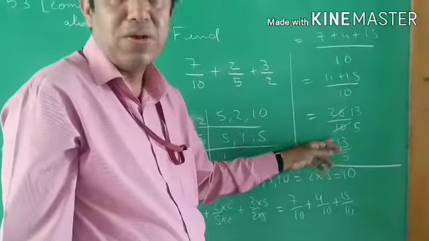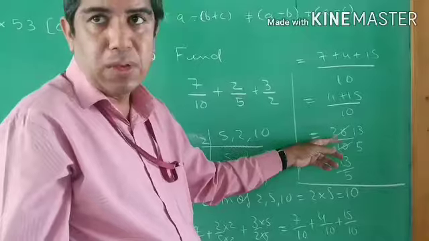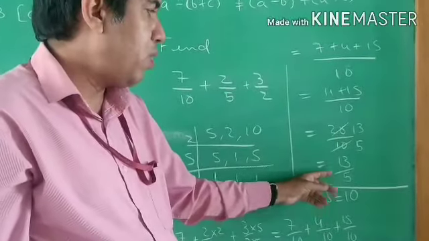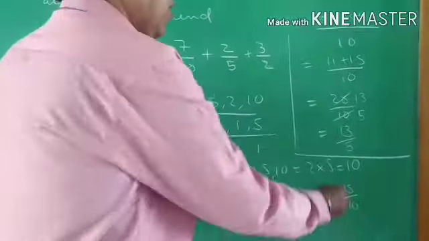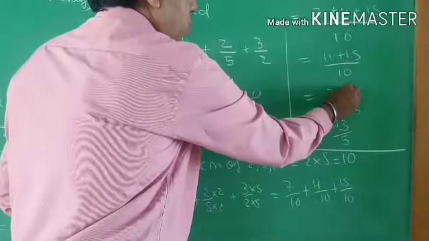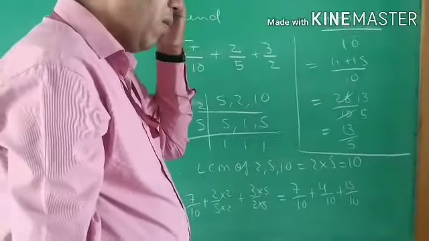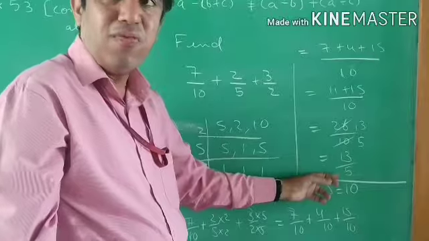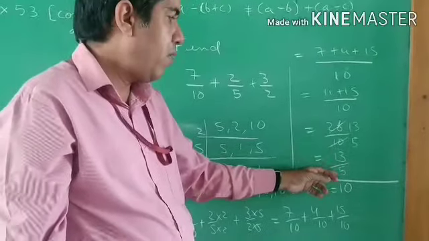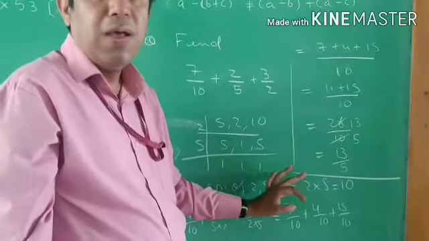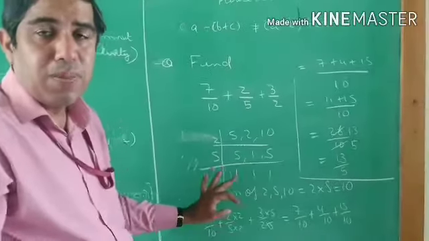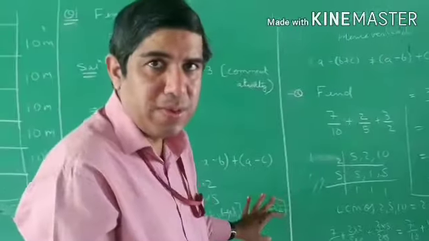It is not compulsory. If they say convert to simplest form, then you can convert this 26 by 10. Actually this 26 by 10 is the answer. But if they say convert into simplest form, you convert, or keep it in this way, or keep it in this way. Both are right. Okay, here I am just discussing the problems where students make more mistakes.